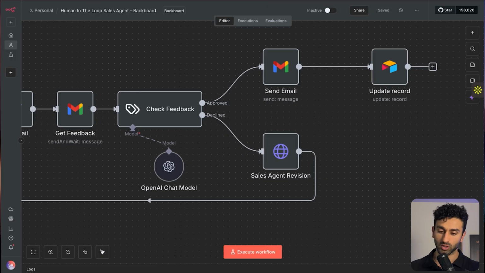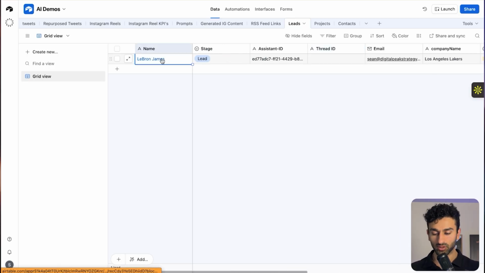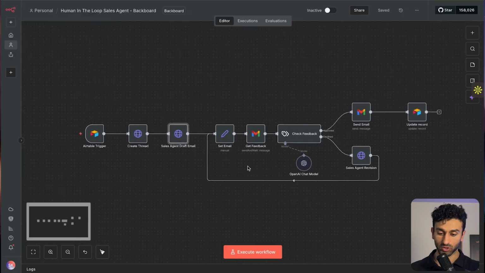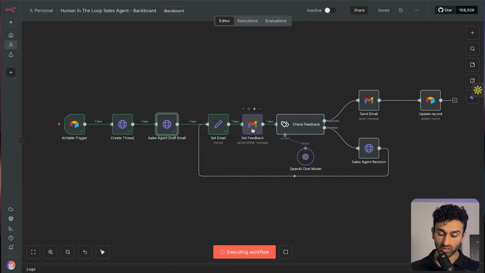with the place in memory that is associated with that particular lead. So in this example, as you can see in this Airtable database, I have this table that I just set up with our lead named LeBron James, and I'm going to execute this really fast just to show you what this looks like. So we've manually executed the workflow. So assuming that this lead just came in a second ago, it's creating a brand new thread, it's drafting an email, and now what it's doing is it's